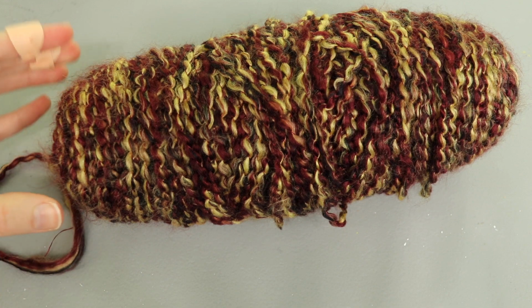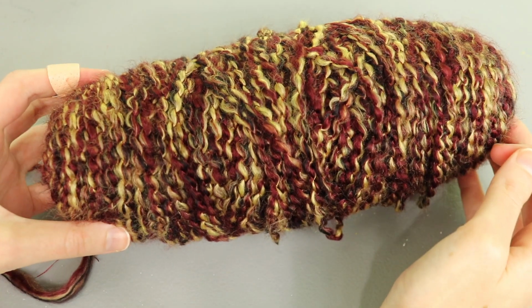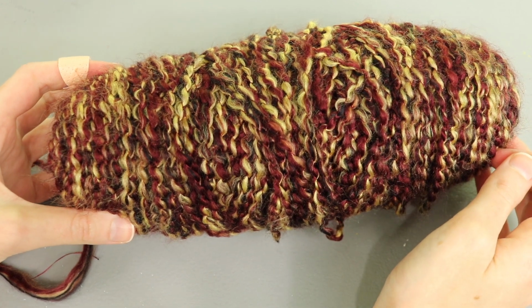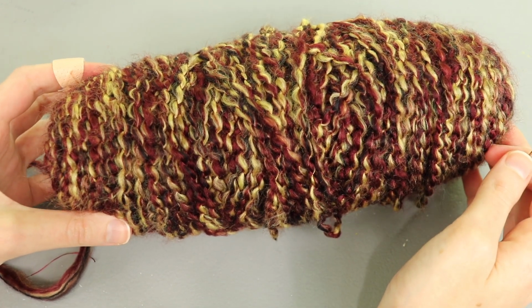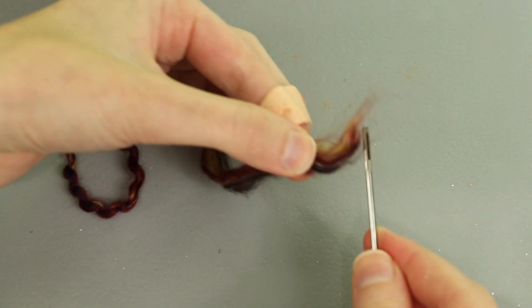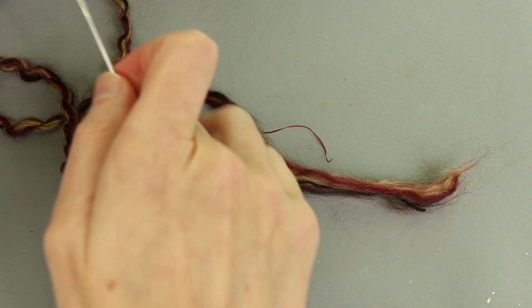This hack works for other tricky yarns too, like Lion Brand's homespun. I know that people tend to love or hate this yarn. I personally love it, but I understand why some people get frustrated with it. But this hack even works with homespun. So if I have to force this end through the eye of the needle, that's never gonna happen. So instead,